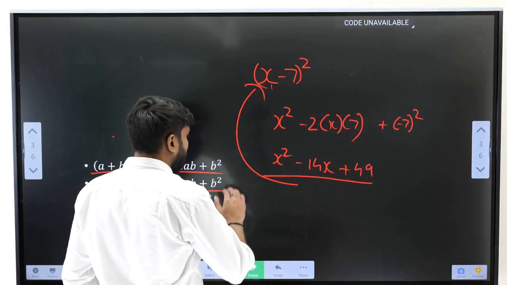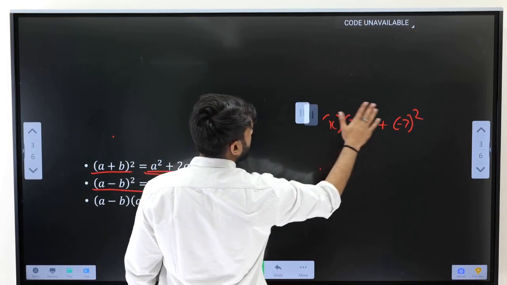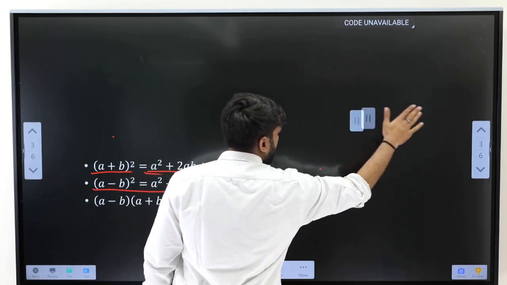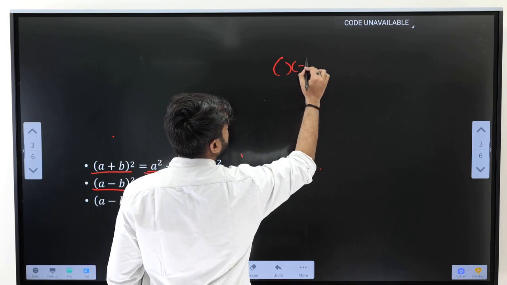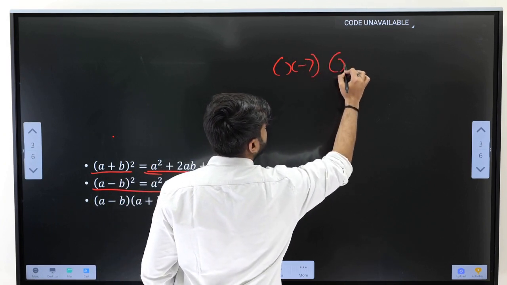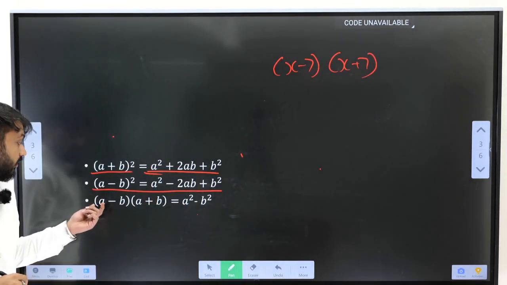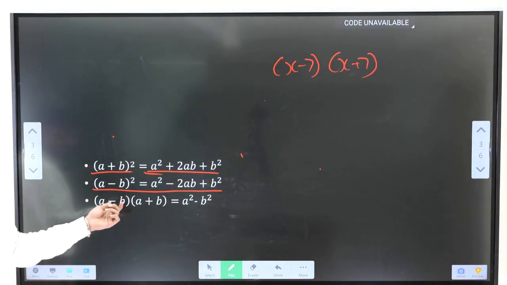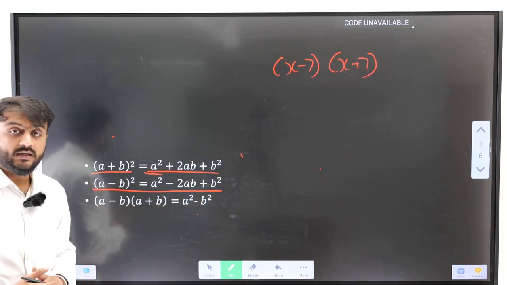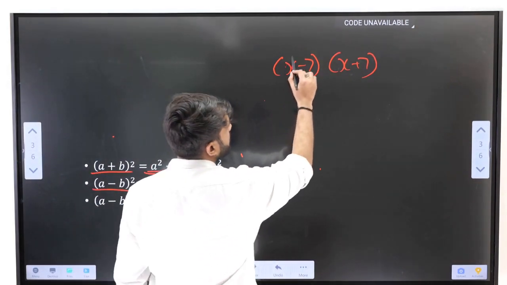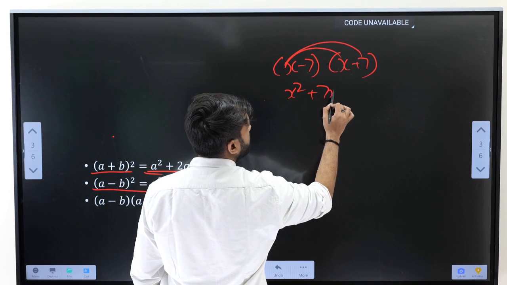Let's look at the example for (a minus b) into (a plus b). What happens there? So as the identity suggests, right? We'll extend this example, only x minus 7 and then x plus 7. So as the identity suggests, I'm just supposed to look at whatever number I have here, and square them up with a negative sign in between, right? Why does that happen? Let's check once. x into x gives me x squared,